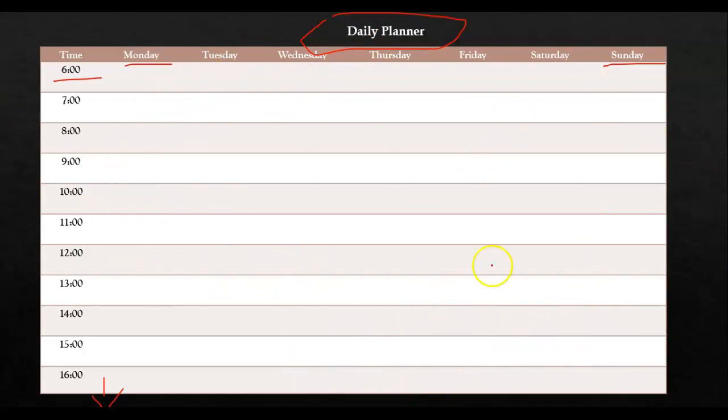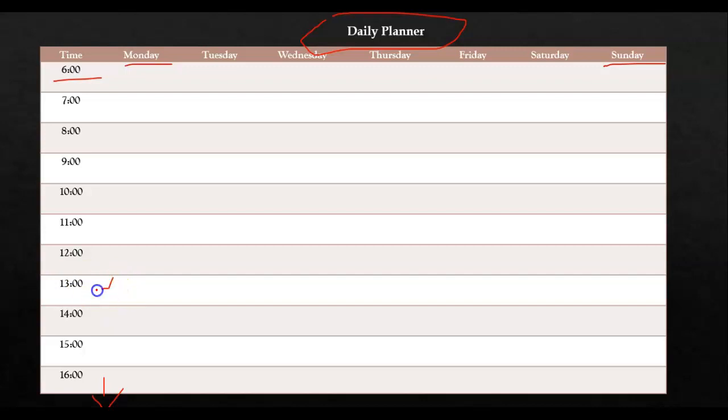Write down the tasks that need to be done. Maybe from 6 a.m., you need to sit down and plan the day. Maybe at 12 noon or 1 p.m., you need to go out and meet some customers. So you write down the names of the customers here.